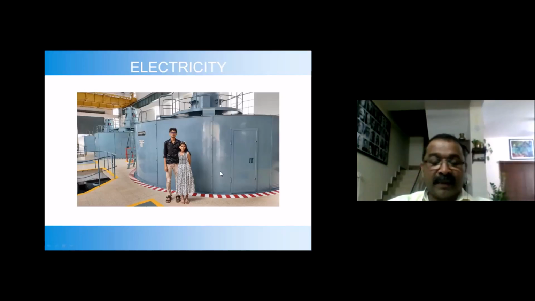And when we say it is generating 17.5 megawatts of power, it's a small machine. Actually, it's a very small machine, 17.5 megawatts. And nowadays, a single machine can produce more than 1,000 megawatts. Generators rated at more than 1,000 megawatts are there. This is a 17.5 megawatt rated machine.